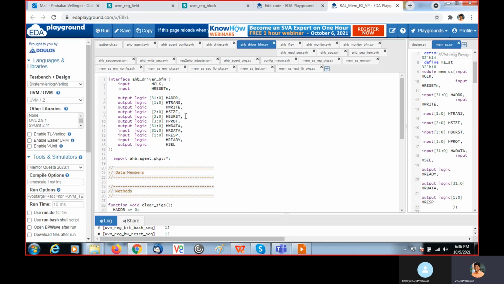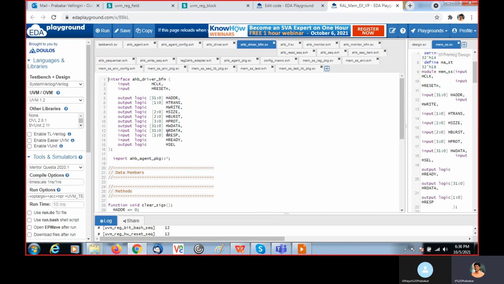In the same way, for the monitor also we create a separate bus functional model. In the interface AHB driver BFM, these signals are outputs: HADDR, HTRANS, HWRITE. We are giving these as outputs from the driver.